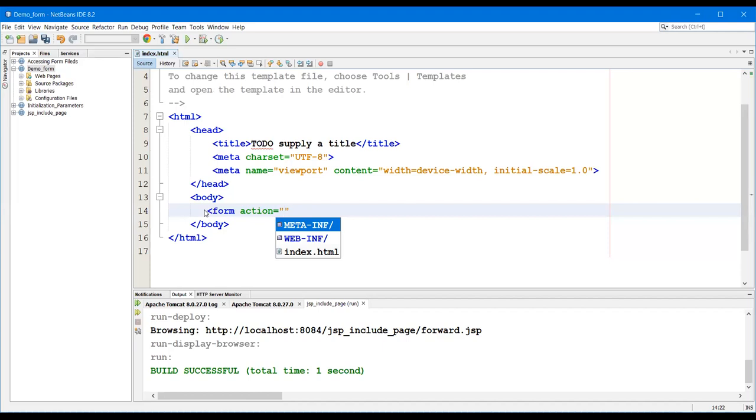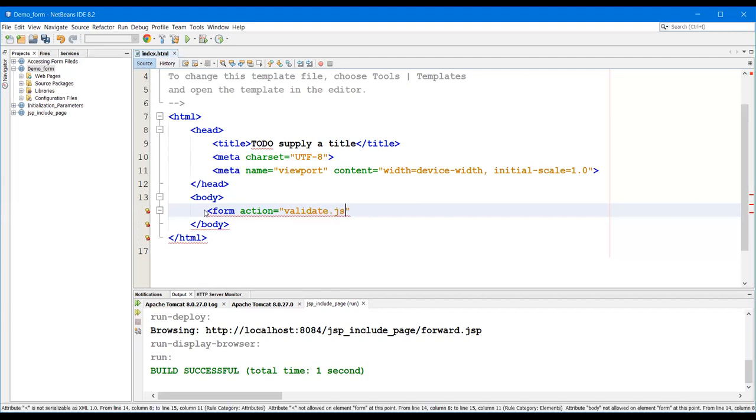First I'm going to show you the normal JSP file, then I'm going to show how to use the WEB-INF URL. So what is the name of the JSP file? Validate.jsp.